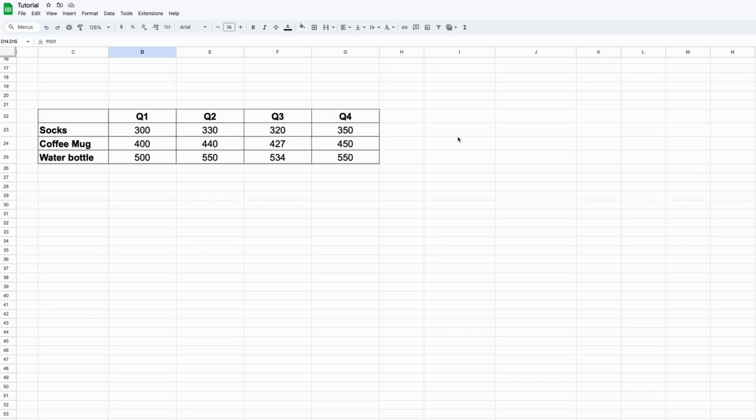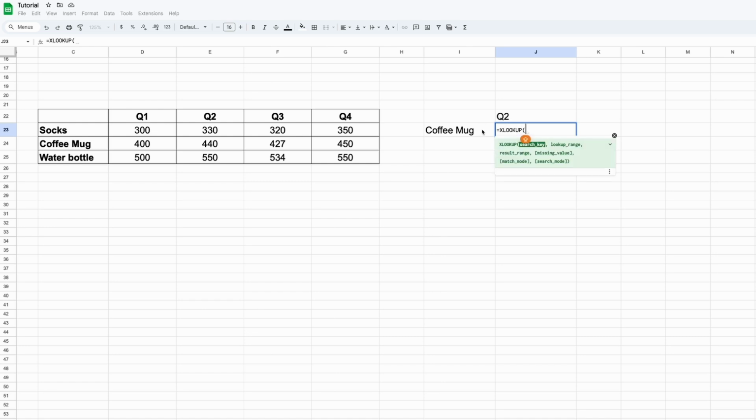We can use nested XLOOKUP to do a two-way search in vertical and horizontal. Let's say we have a sales table here. We want to retrieve the Q2 sales of coffee mug. The first XLOOKUP will be using coffee mug as search key. Then we choose the search range. For the search result, we put another XLOOKUP formula